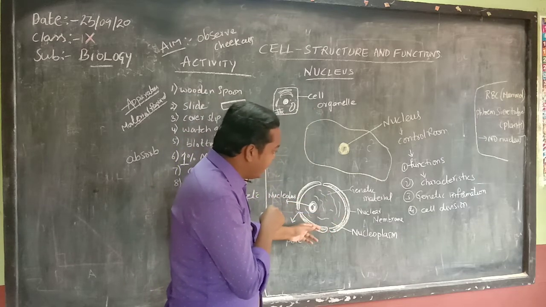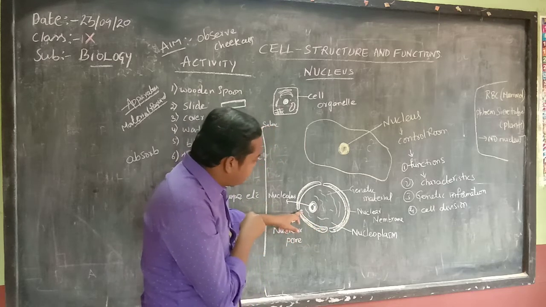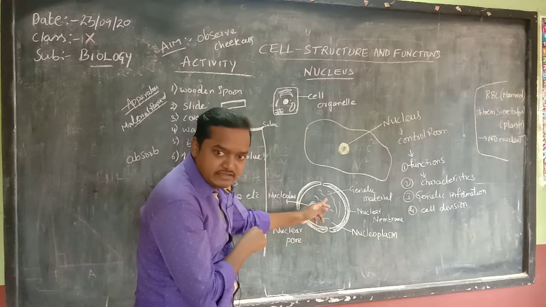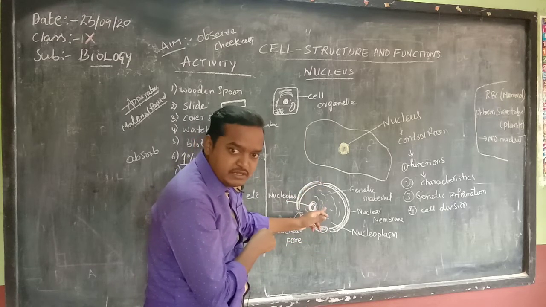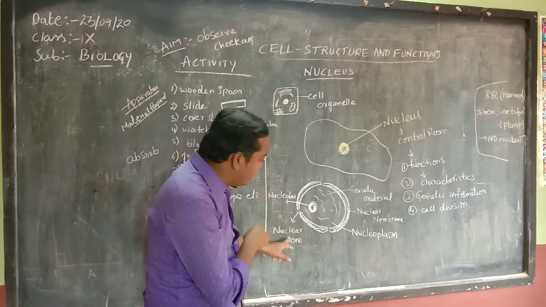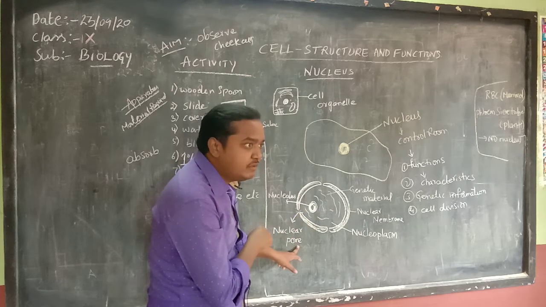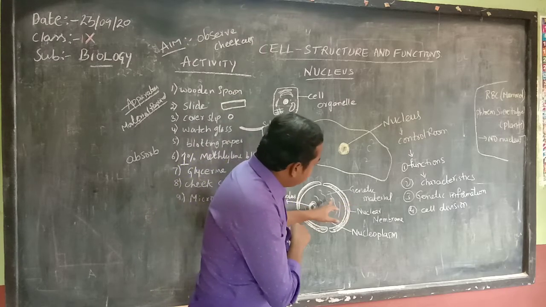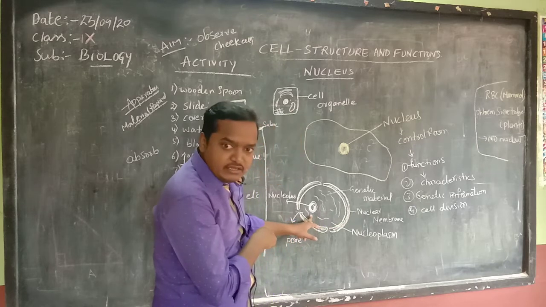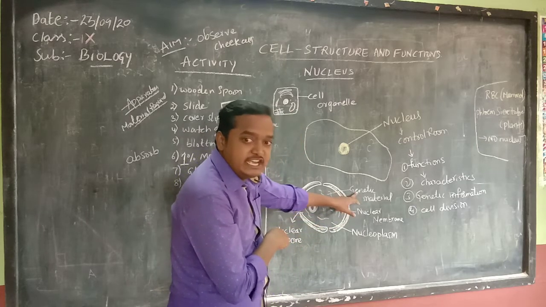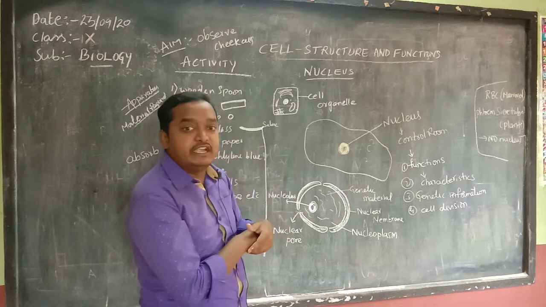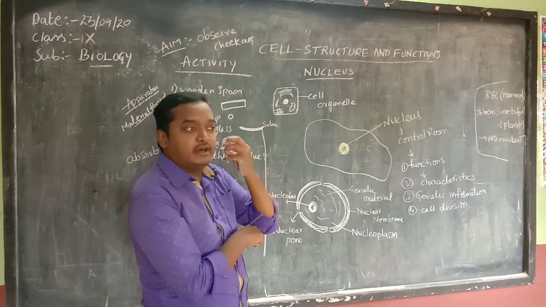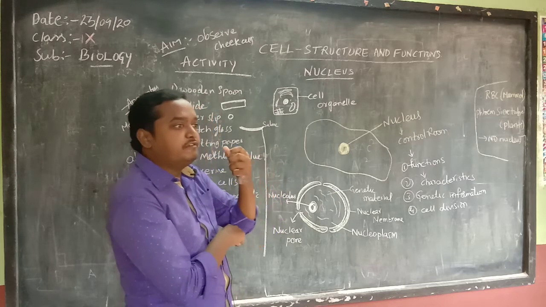So nuclear membrane, and somewhere it is broken. There is a gap, a space. So it is called nuclear pore. Pore means holes. Nuclear pore. Then some thread-like structures you are seeing, right? These are genetic material. Genetic material means inside this one you can see DNA, RNA. Means the characters which control our color and some of the functions of the body.